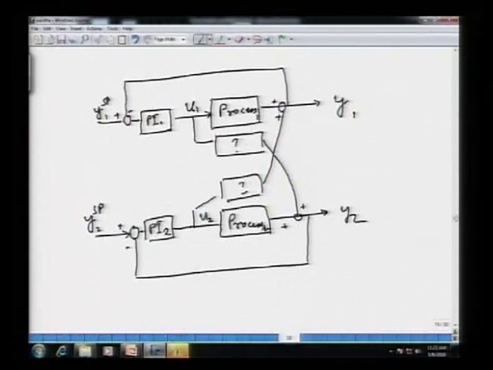All right, and whatever I put in these blocks marked question mark, that represents the interaction. These question mark blocks actually represent interaction between the two loops. So, this is actually a multivariable system where I do something here, it affects this as well as that. I do something there, it affects that as well as this. So, this is in short a multivariable system, and there is interaction between the inputs and the outputs. Everything is not diagonal, so to speak.